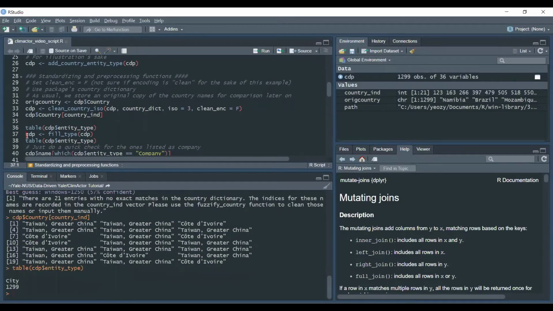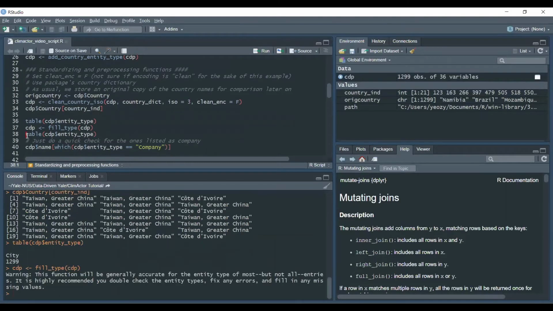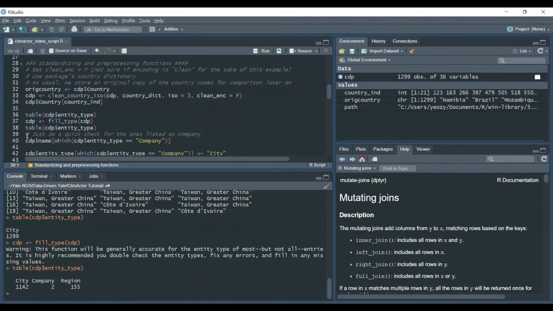So recall previously that we set a uniform entity type of city for all the actors within this dataset. What fill type does is it looks for contextual clues within the actor names, looking at words such as city, town, municipality, to try and guess the entity type of the actor within the CDP dataset or within the dataset they're working with. So we note that after we use the fill type function, the entity types have changed a little bit,